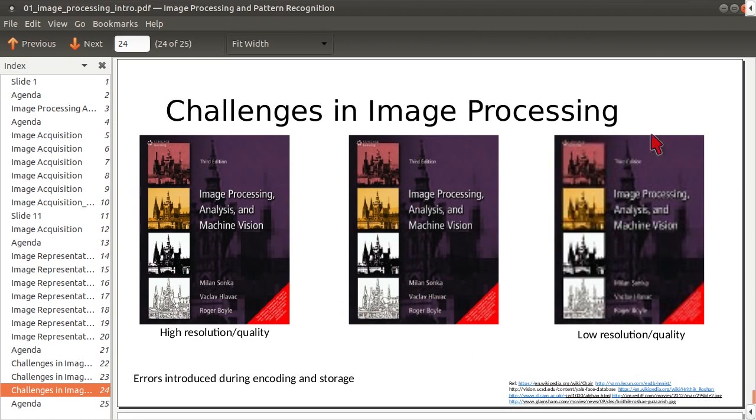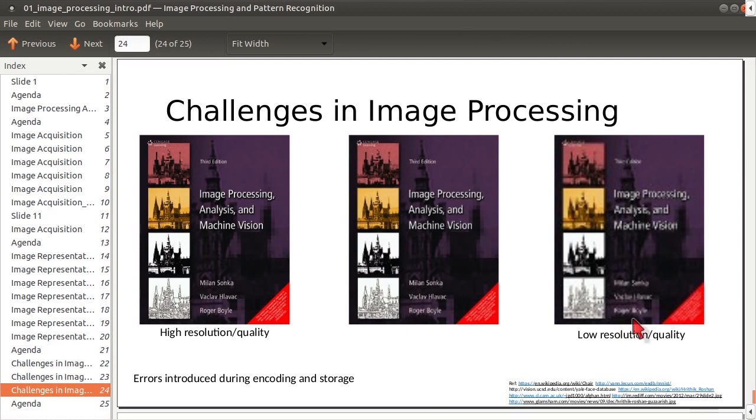But when you go to this image, which is much lower resolution, a very highly compressed version of the original image, you can see that many of the details are lost. You can still figure out that this particular compressed form is the same image as this, but you cannot really read the details of the words, so you cannot figure out what this is, right? If I showed you this, then you can say, hey, this is third edition, but by itself you cannot read this. Similarly, the words or the names of the authors are not readable. Obviously this text is not readable, right?